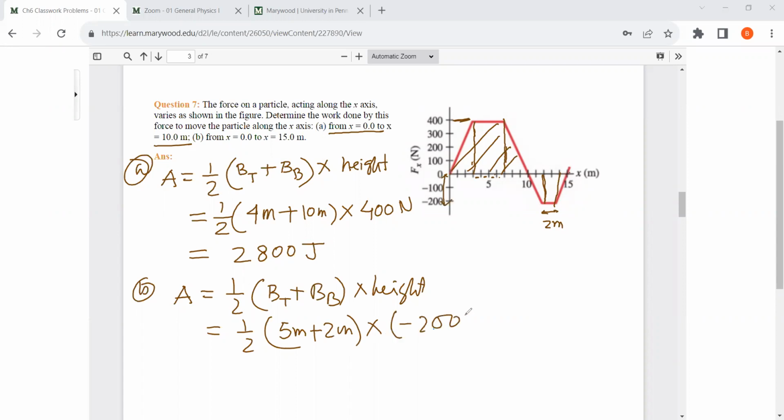Negative 200 Newton. So the negative sign is very important here. If you don't write the negative sign, you get an incorrect answer. So the small trapezoid's area is basically